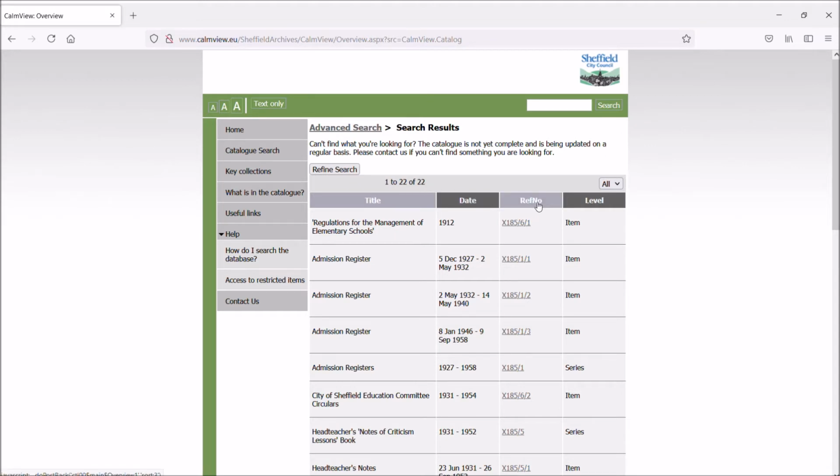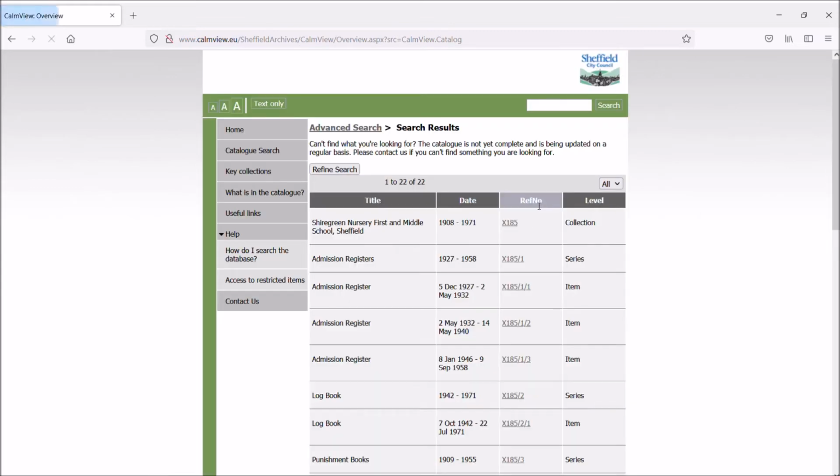And if you click on the ref number bar at the top, they will now appear in reference number order, which will be the most logical way to read the catalogue, beginning by the collection level and then down to series and then individual items within each series.